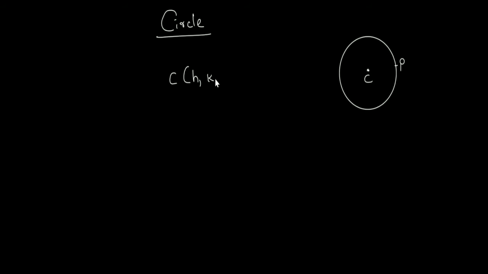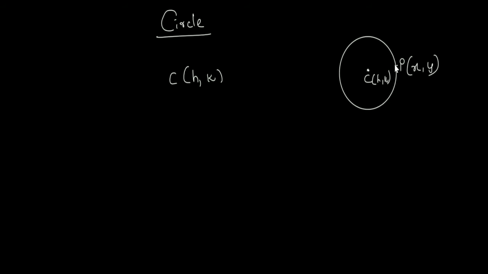What is a circle? The mathematical definition, to construct circles. If you know the center of the circle, and suppose there is a moving point P, this is a fixed point, take this as a fixed point C. Let us take it as (h, k). So take the center, the fixed point, as (h, k), and the moving point, take it as (x, y).